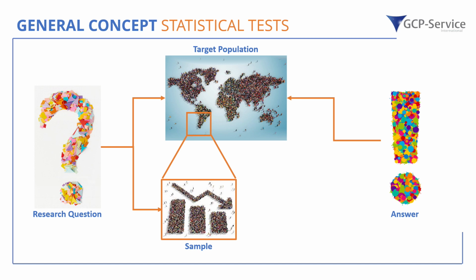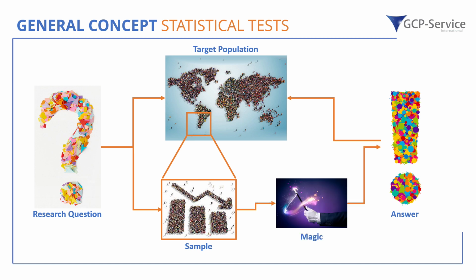And how do we do this? We don't do this with magic, but we do this with a statistical test. So the idea is that we have a research question, then we take a sample of our target population, and with that sample, we try to answer the research question, and we conclude on the target population. So to give this a little bit more content,